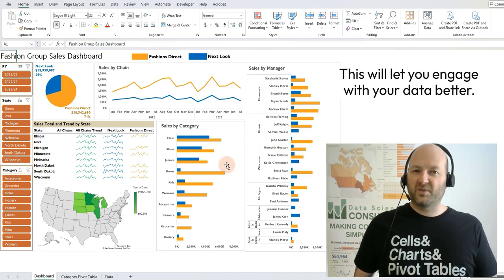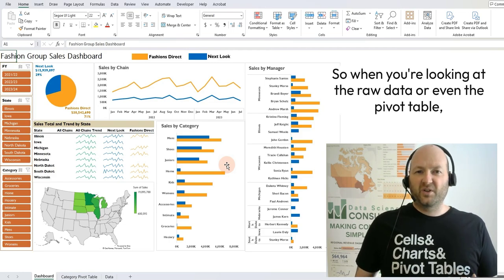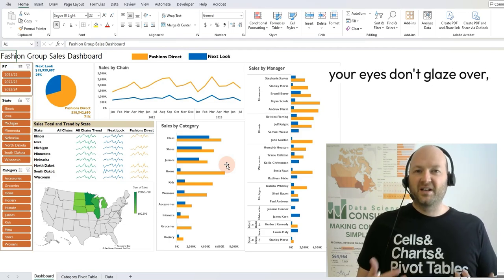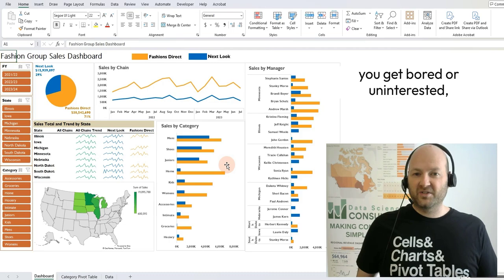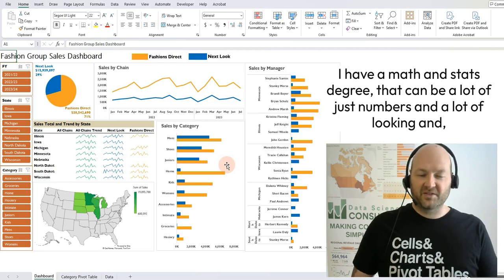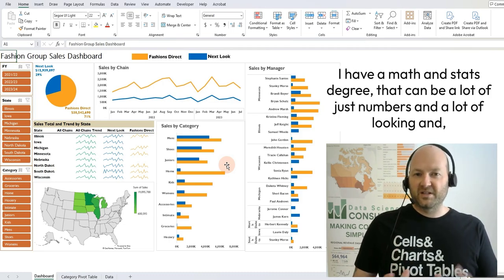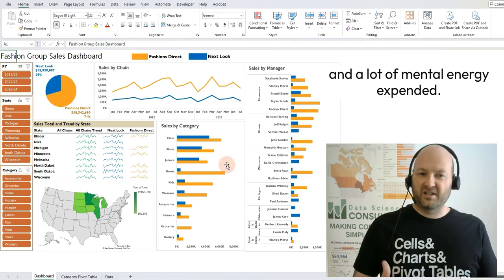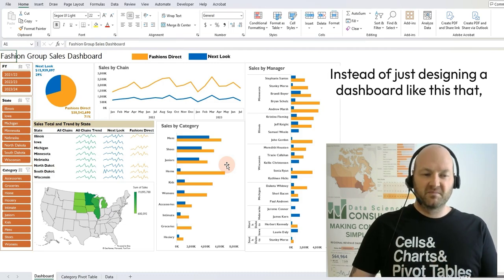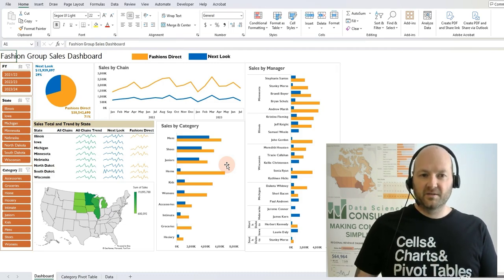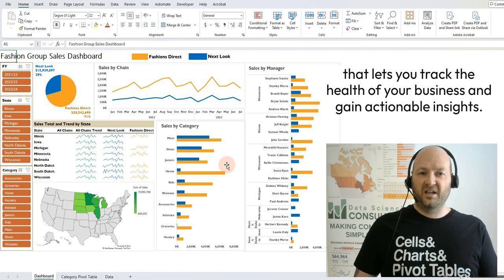This will let you engage with your data better. So when you're looking at the raw data or even the pivot table, your eyes don't glaze over, you don't get bored or uninterested. Even myself, I have a math and stats degree. That can be a lot of just numbers and a lot of looking, and a lot of mental energy expended. Instead of that, just design a dashboard like this that lets you track the health of your business and gain actionable